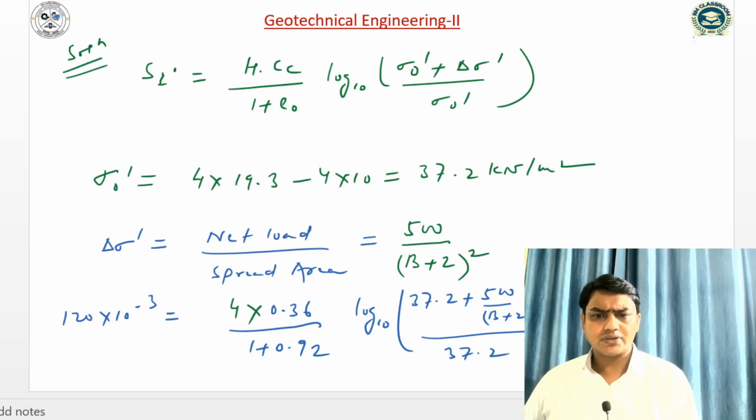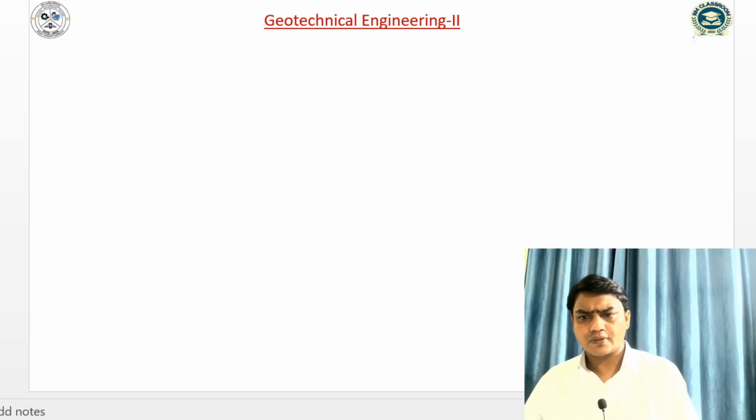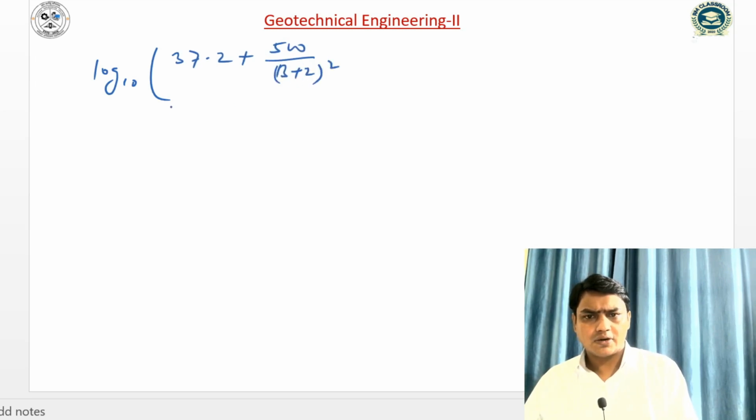So if I solve it, 120 into 1.92 into 10 to the power minus 3 divided by 4 into 0.36. So this value is 0.16. So we can write log to the base 10 of 37.2 plus 500 by b plus 2 square divided by 37.2